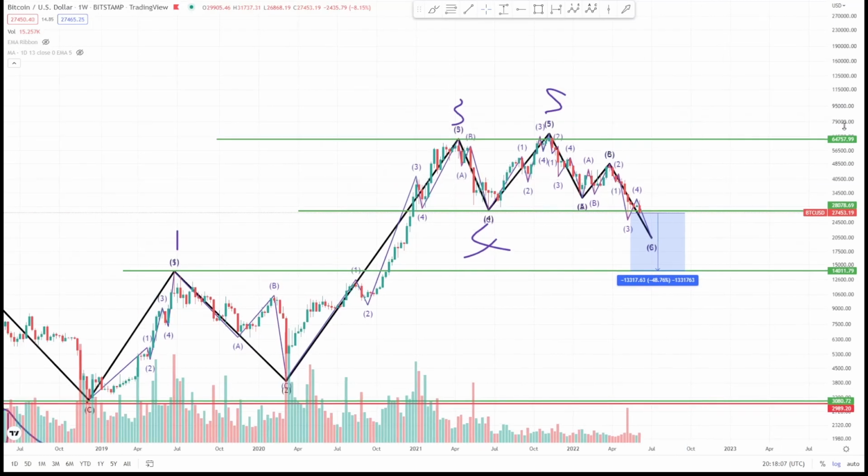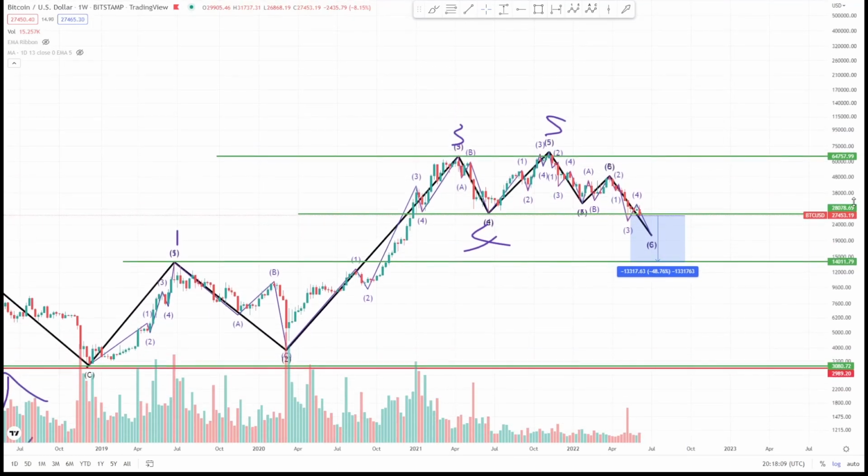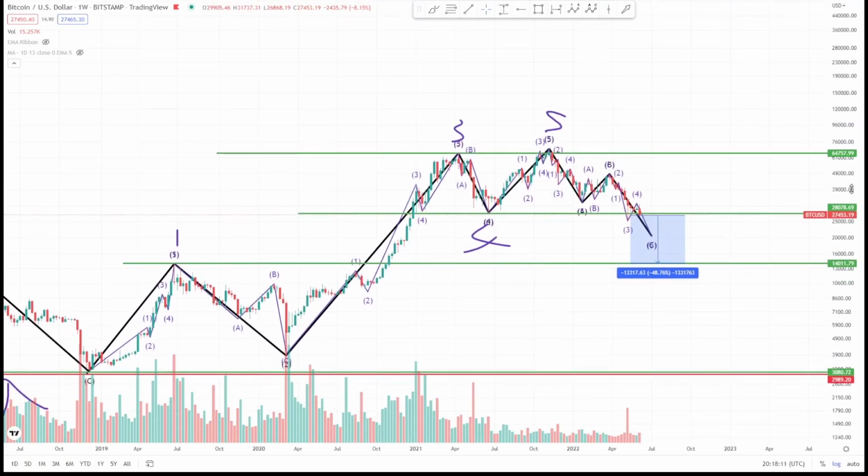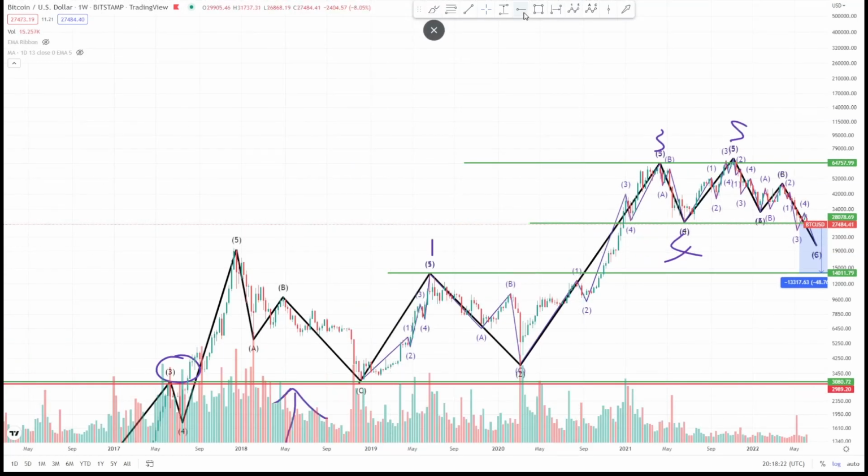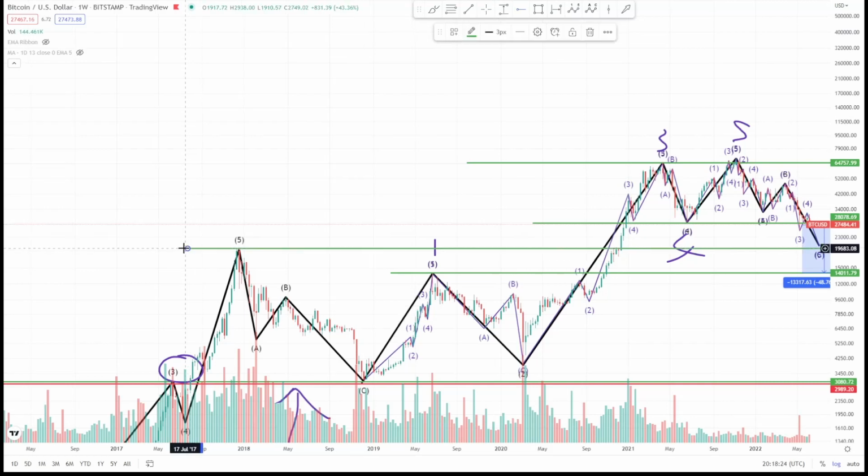So that is Elliott wave theory. That is what the market structure is looking like. This is what, according to Elliott wave theory, is likely to happen based on previous trends. Now, once again, I do not think that we're going to be coming down to the 1 wave. I do think, if anything, once again, this has nothing to do with Elliott wave theory, but I think the